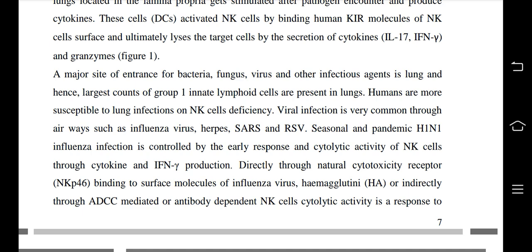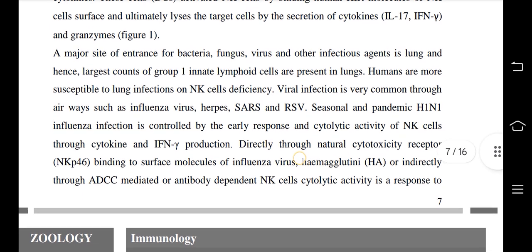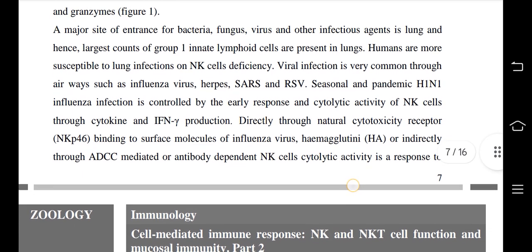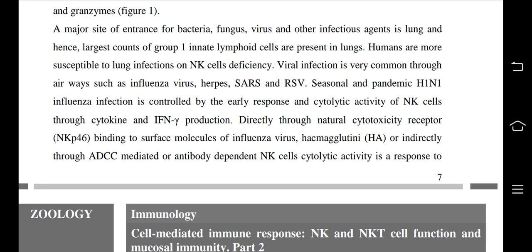Humans are more susceptible to lung infections with NK cell deficiency. Viral infection is very common through the airways, such as influenza virus, herpes, SARS and RSV. Seasonal and pandemic H1N1 influenza infection is controlled by the early response and cytolytic activity of NK cells, through cytokine and IFN gamma production. This occurs directly through natural cytotoxicity receptor binding to surface molecules of influenza virus, hemagglutinin, or indirectly through